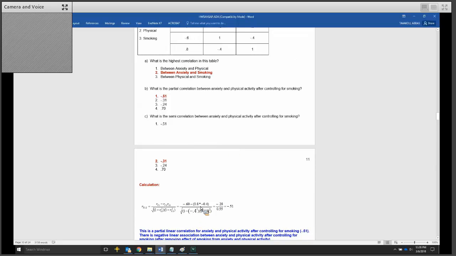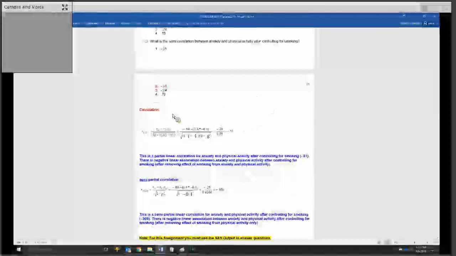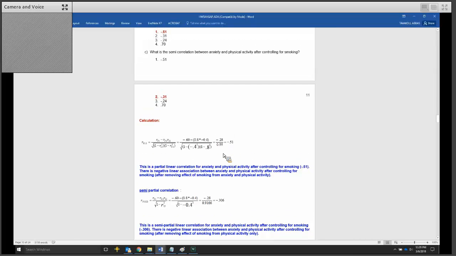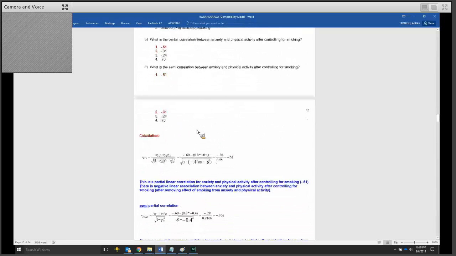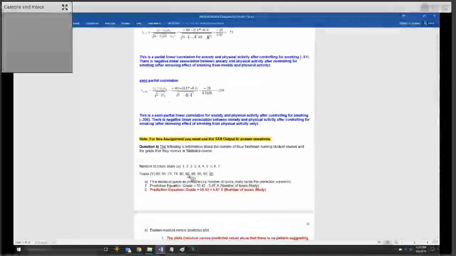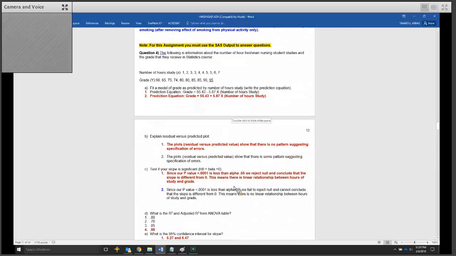Now the third term is anxiety and physical activity and smoking, which is negative 0.4. Then you have those two terms, and if you notice, I put it in parentheses, so negative 0.4 becomes positive, and you get negative 0.51. For the semi-partial, the difference was we are just controlling for the effect of smoking from your independent variable, which was physical activity, negative 0.4, not from your outcome,